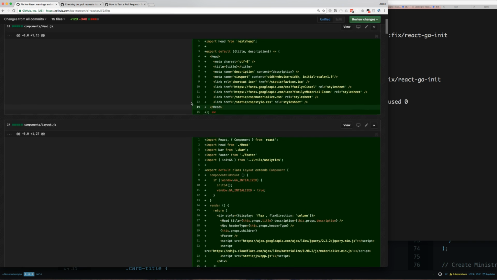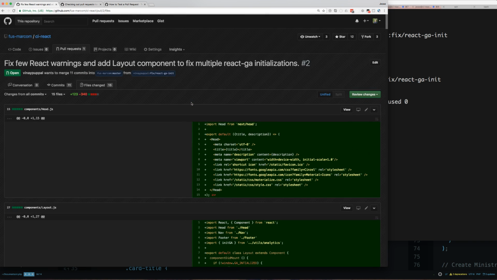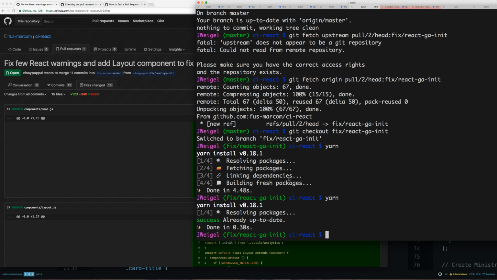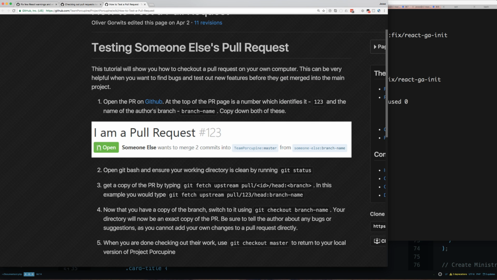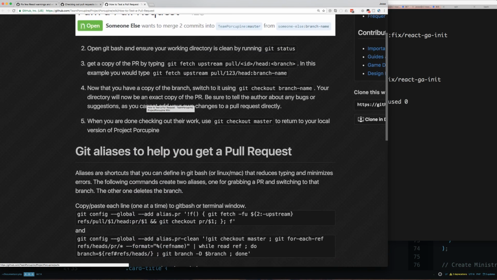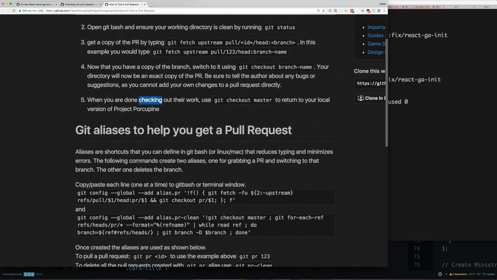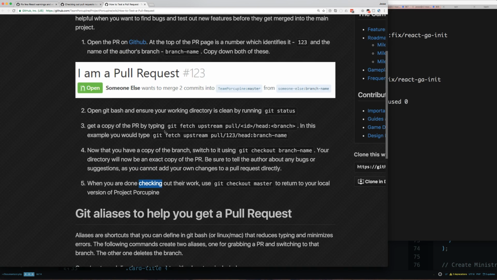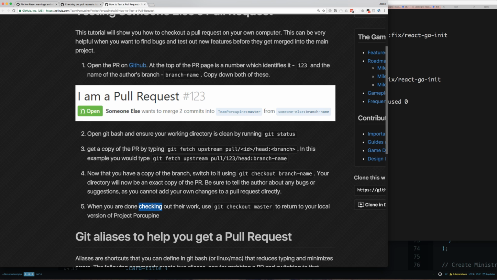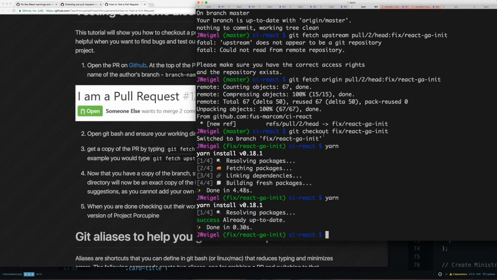So now that we've gone through the pull requests, like how you check it out, now we've pulled down using these instructions. I did that beforehand, last week, so I'm not going to show how to do it. It's really like five steps, literally five steps, and it works. So